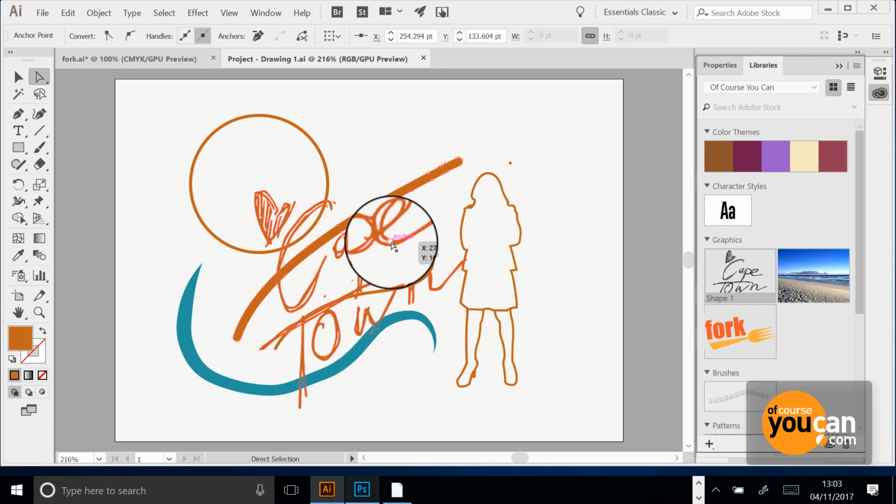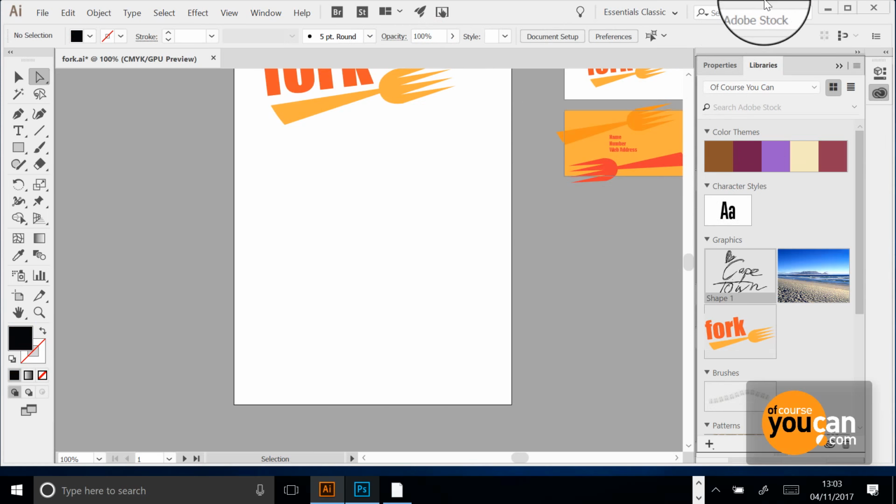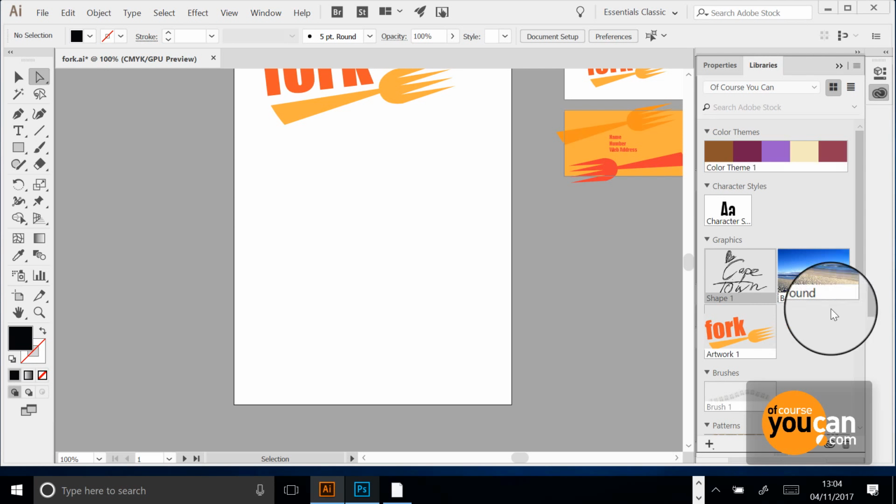Okay, so that is Illustrator Draw. It's a lot of fun. Go and explore it. Go and submit some of your creations on it to your Behance account so that you can show it off. Now let's jump back to the iPad,